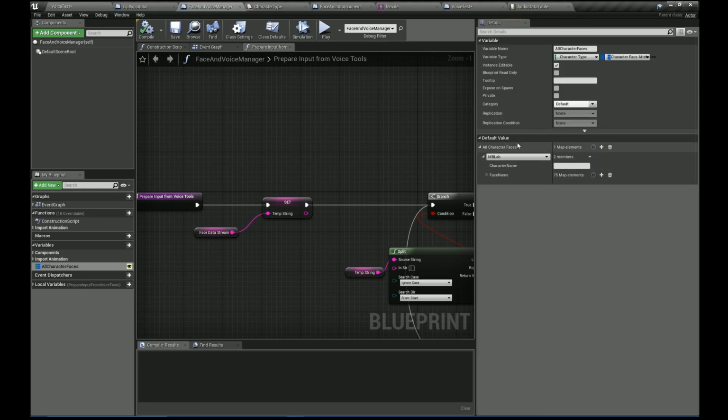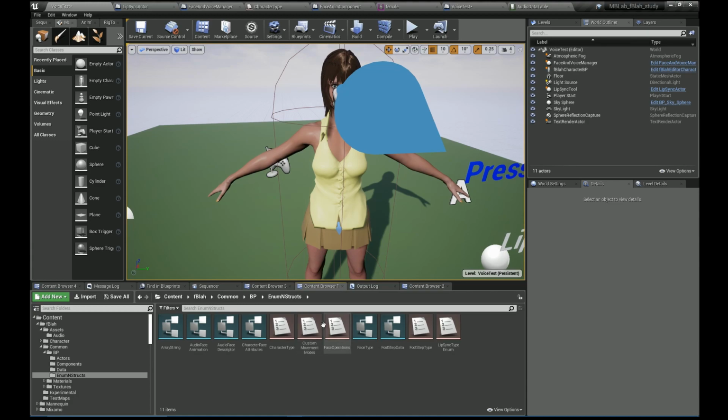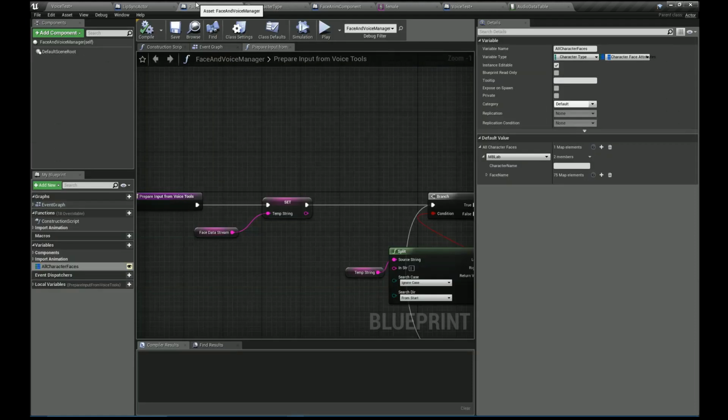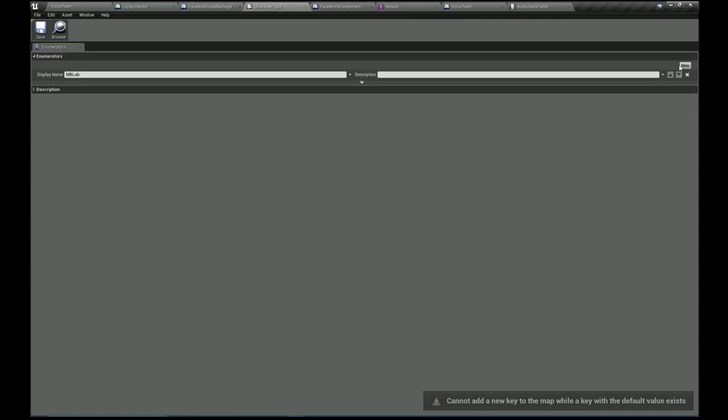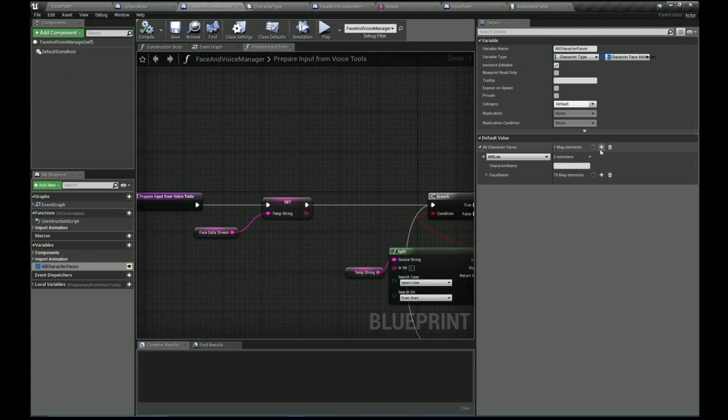Now if you have other characters as well, you could open up this enum, which is under the enum and structs folder. All it stores is the various character types supported, and say you have a DAZ Studio character, Genesis 3 or Make Human, you can add that to the list, and then when you hit the plus button you can add in the next character type. So say you have a Make Human character, save this, hit the plus option,